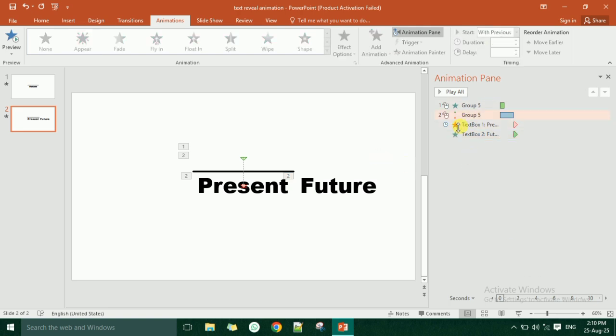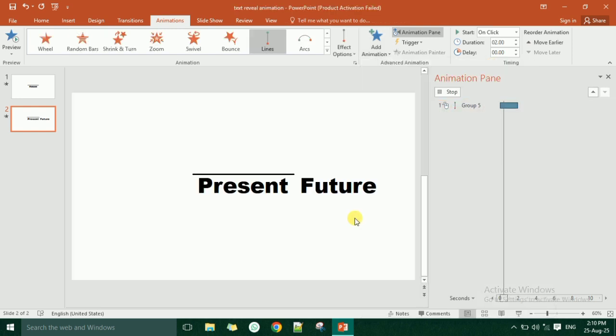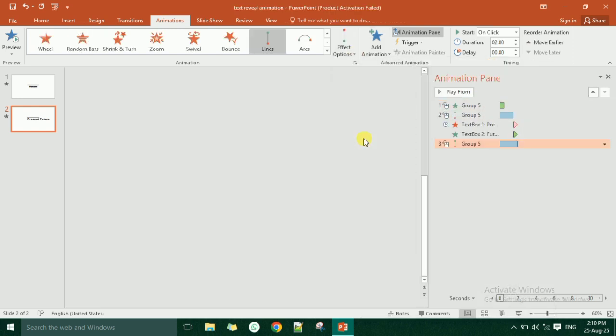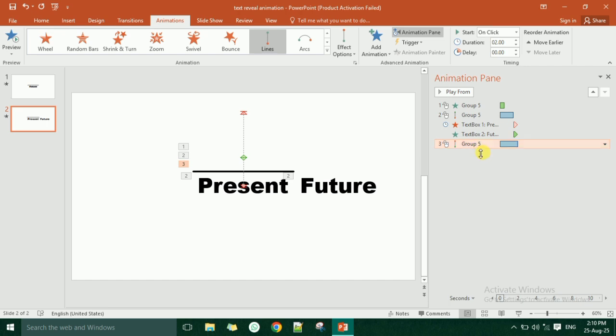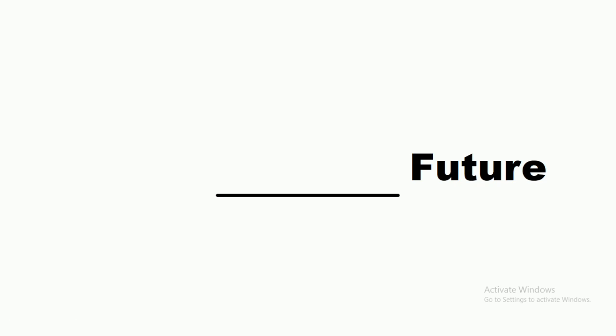So after that click on the group and click on add animation and click on lines, and from here click on up. So after that click on this last animation and bring this starting point, by holding the shift button, to below where your line was, and click on this red circle and bring it somewhere here. And now our animation is okay, and after that we will go to the animation preview. Let us check it. So this comes down and above.